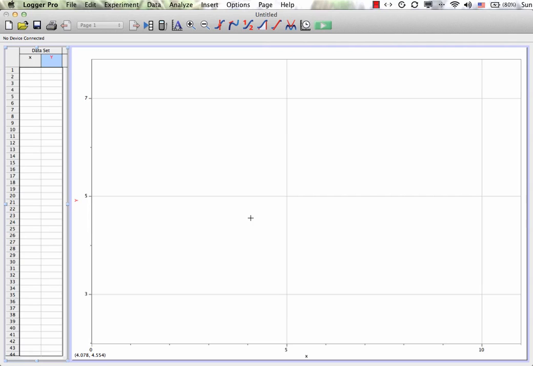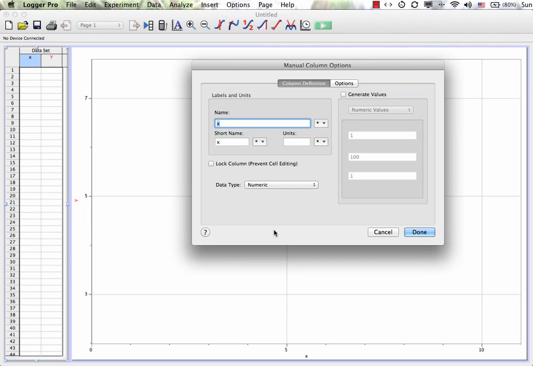The first thing that I want to do is format this data set and graph window so that the labels are not X and Y, since I don't know what those mean. LoggerPro is a pretty intuitive program to use. If you want to change something on it by formatting, double click on it. So we'll start with X and double click there. And it brings up this manual column options dialog box where we can enter in names and declare the units